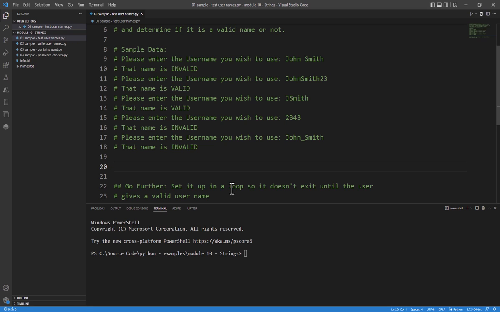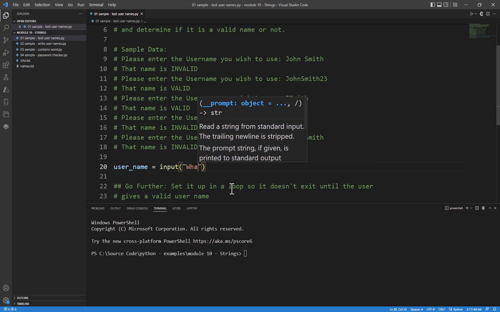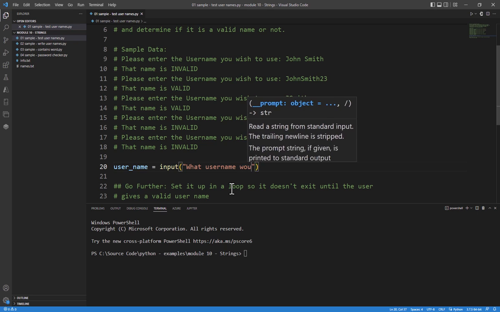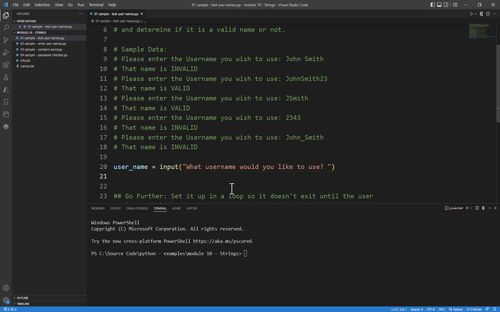Now, one easy way is to make this a function, or we could just do it procedurally, and that's what we're going to do. So I'm going to create a variable called username, and it's going to get input from the user. And now we're going to have a couple of basic tests. Now, this is all going to be about testing our strings, and Python has a lot of good string testing tools built into it. So the first thing I want to do is say if